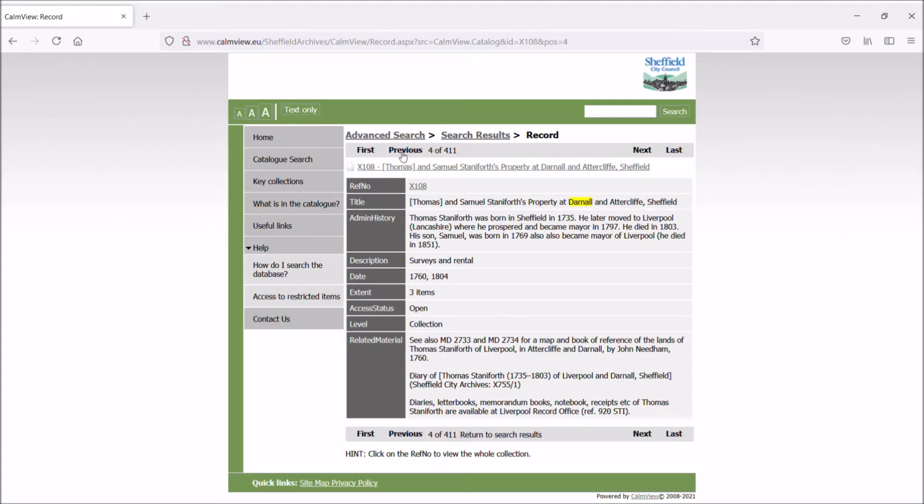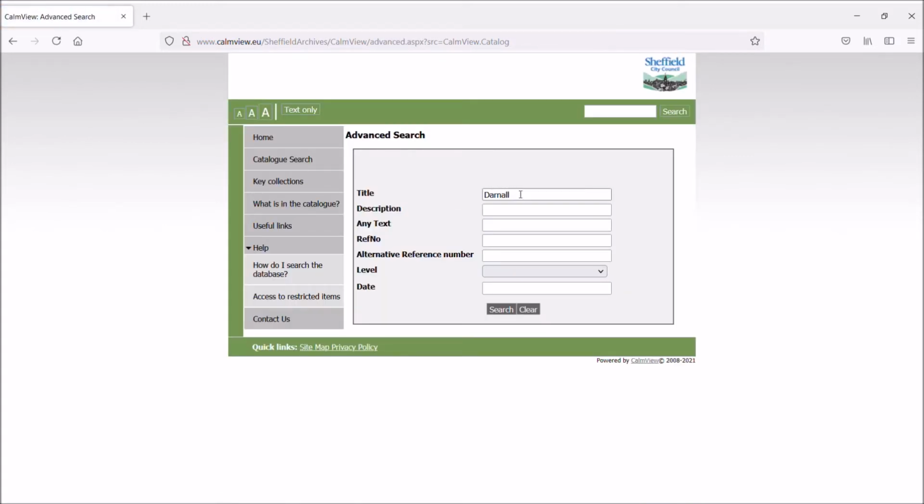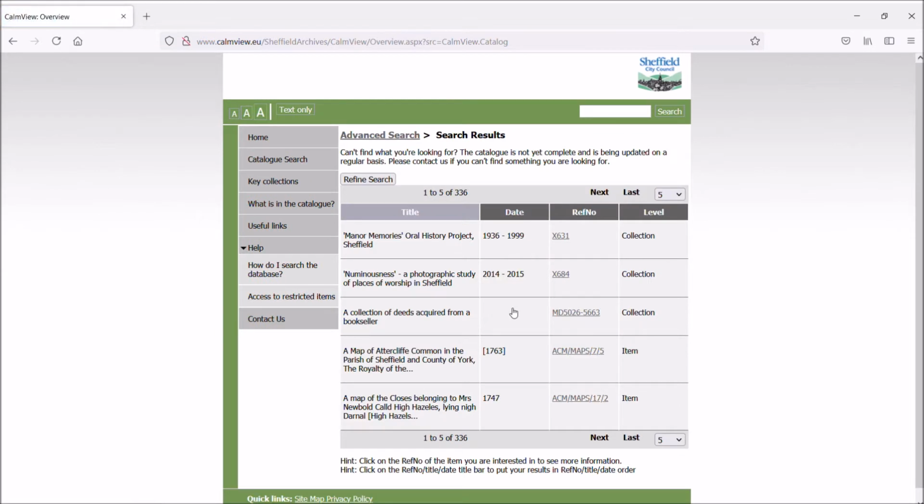To go back to advanced searching, you can just click back on advanced here, and we'll search in the description field to see if we get any different results. This time there are 336 items which have the word Darnall within the description.